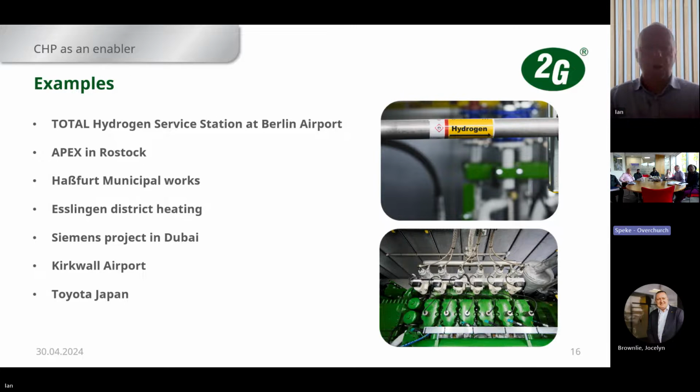So these are just some case studies now of hydrogen engines we've got operational globally. So there is only one in the UK that's operational. That's at Kirkwall Airport in Orkney, which you may or may not be aware of. I'll come on to that in a minute. But we've actually sold around 30 hydrogen engines globally to run on 100% hydrogen. And the first one in the world was at Berlin Airport,